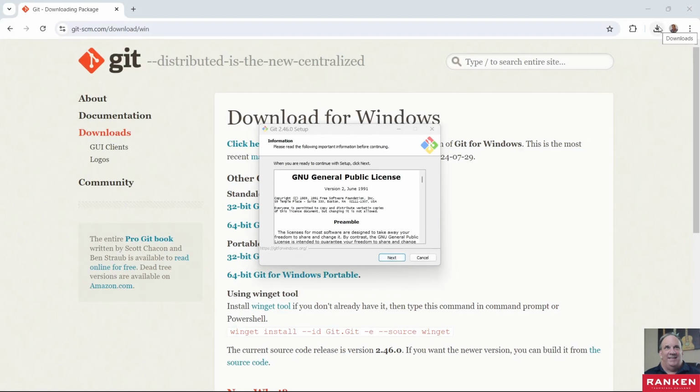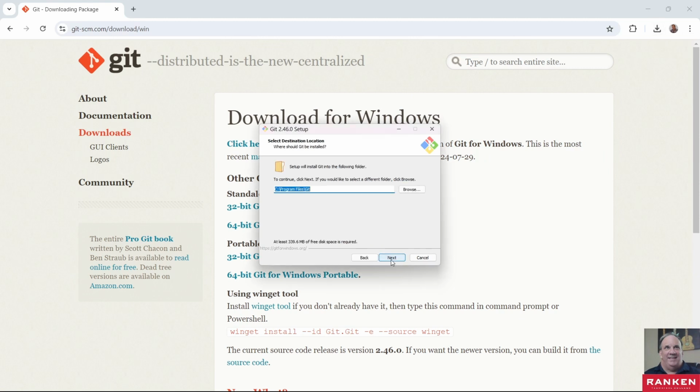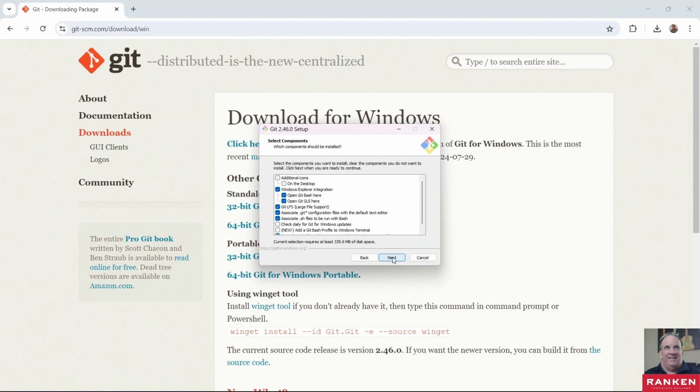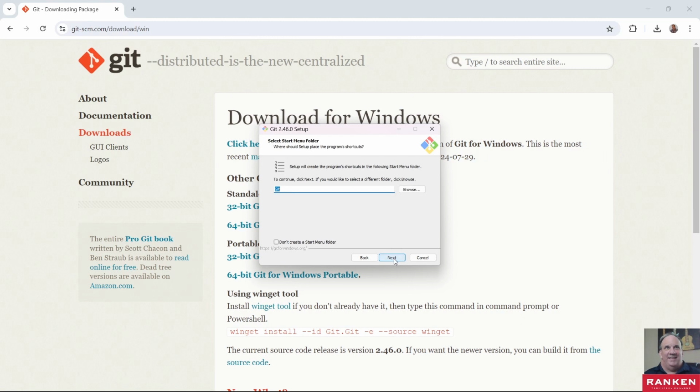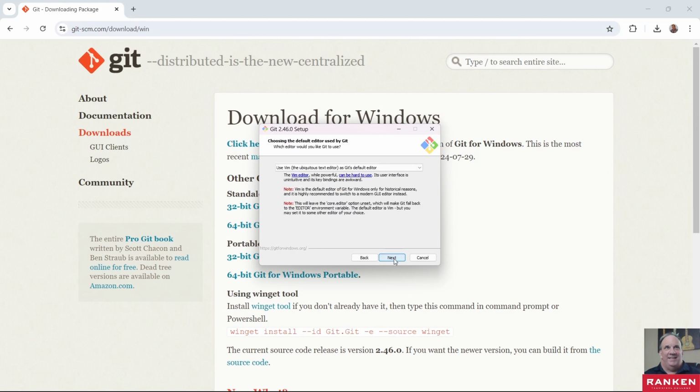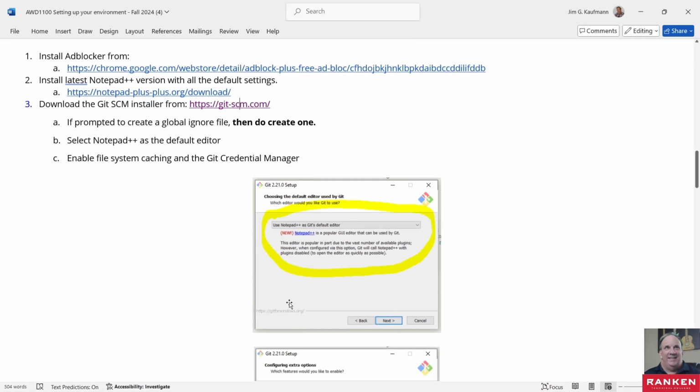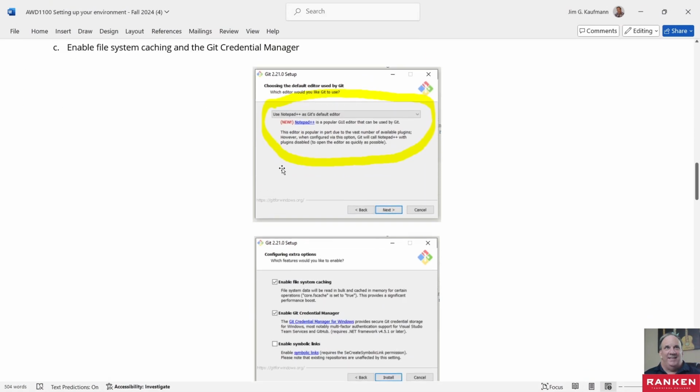For me, I just clicked on it from the downloads up here on the right-hand side of the browser. Okay, so here I'm just going to accept the defaults. We're going to go under Program Files, Git. We'll hit Next. This may look a little different for you than for me, because I did have some special stuff going on, but basically we're going to accept most of this. The important thing for Git is